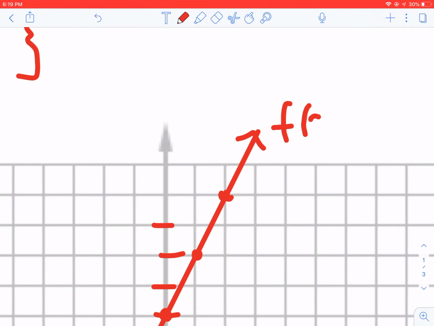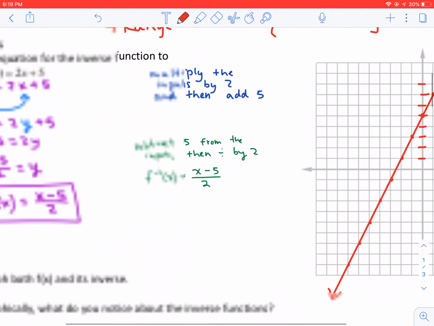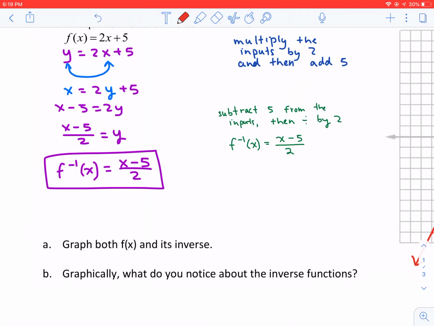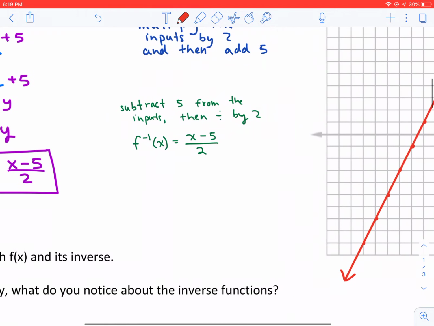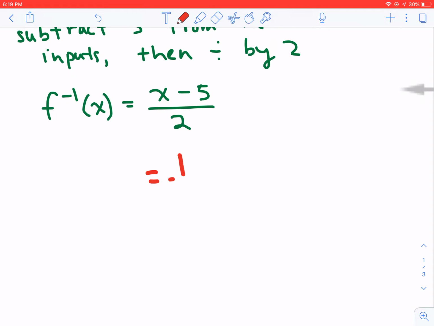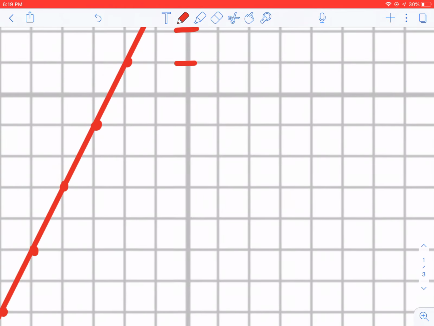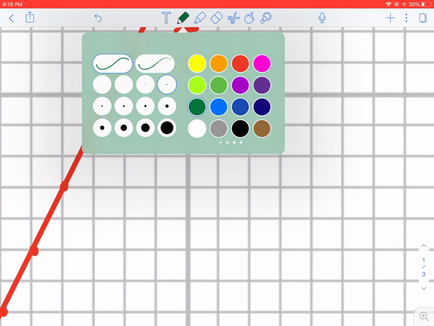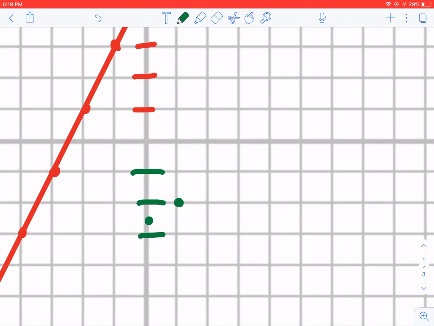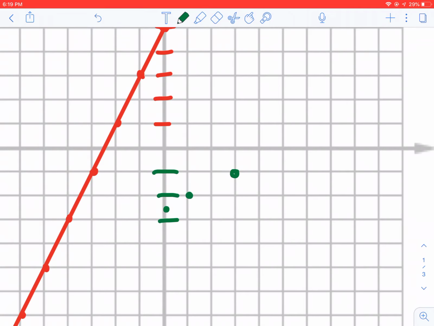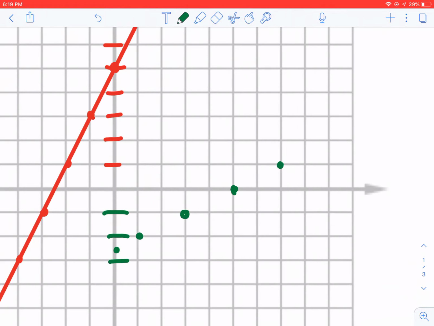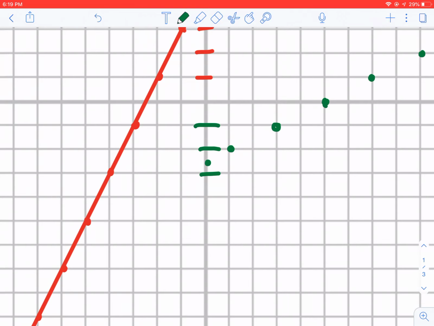Alright, so that's f of x. My inverse function is x minus 5 over 2. If I want, I can write it as 1 over 2x minus 5 halves, or 2.5. So if I go to negative 2.5, that's over there, and I know the slope is a half. So that means I'll have this point, and I can go up 1 over 2, up 1 over 2, up 1 over 2. At this point,